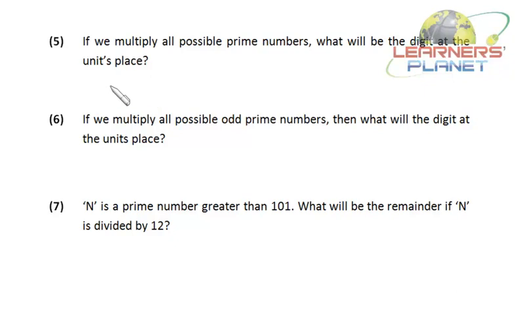So let's try. Let's begin the sequence of prime numbers. Let's begin to write. What is the first prime number? That is 2. Then the second one is 3. I just put a sign of multiplication. Then 5, then 7 and so on. I cannot write the entire sequence over here. Now let's begin to multiply. Now 2 into 3, 6. 6 5s are 30. What I am getting at the units place is 0. Now, it doesn't matter which other numbers are being multiplied over here, at the units place we will be getting 0 only, since we have already one 0 at the units place.